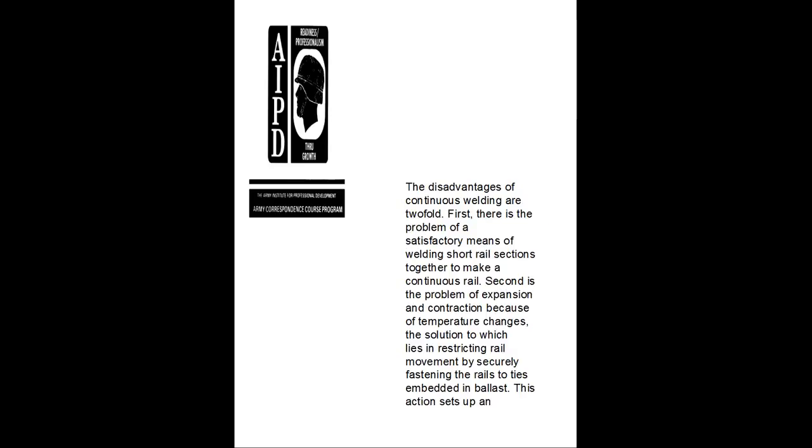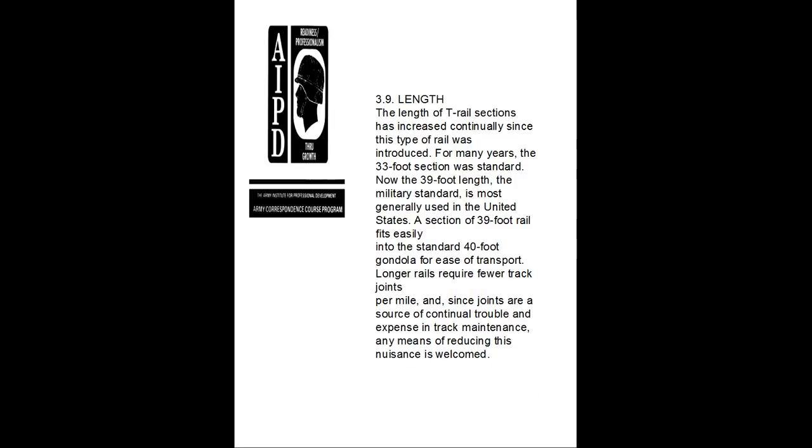Disadvantages of continuous welding are twofold. First, there is a problem in finding a satisfactory means of welding short rail sections together to make continuous rail. Second, there is the problem of expansion and contraction because of temperature changes. The solution lies in restricting rail movement by securely fastening the rails to the ties embedded in the ballast. This action sets up an